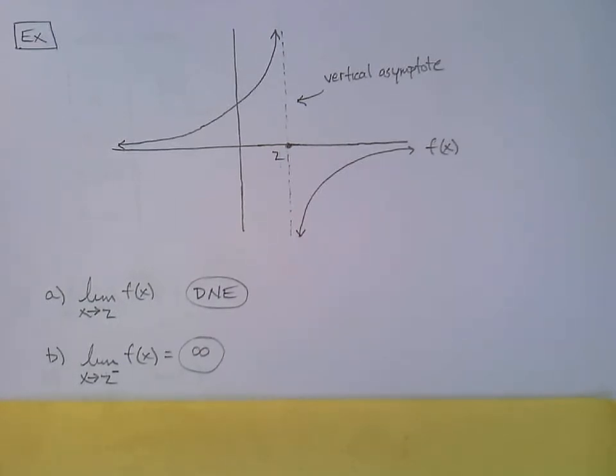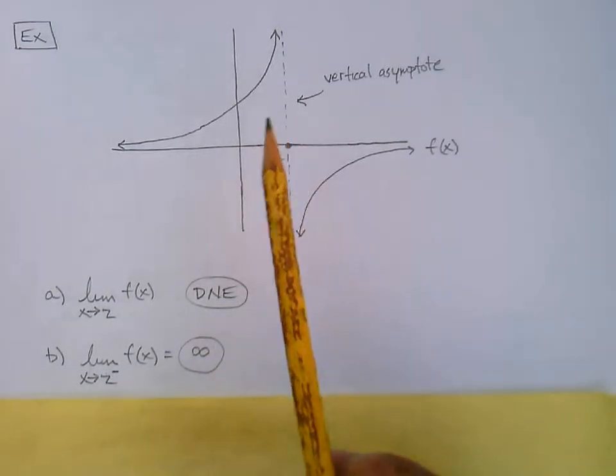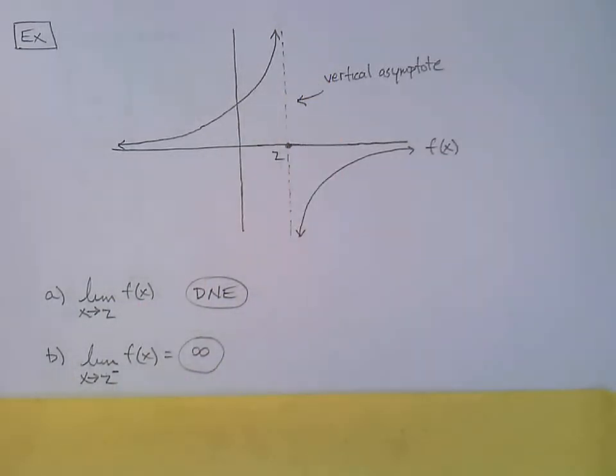The real purists in math would say you can never equal infinity. Infinity is not actually a number, it's a concept. And you can't equal infinity because infinity goes on. That's the whole idea. And they make a great point. But we're going to say it anyway, just because that's how we're going to think of it, right? So the y value's going up, we get it. The y value shoots up to infinity. So as we approach 2 from the left, the y value goes up and up and up with no bound.